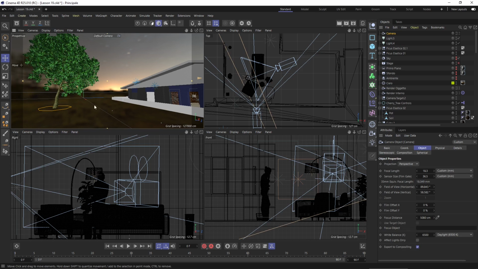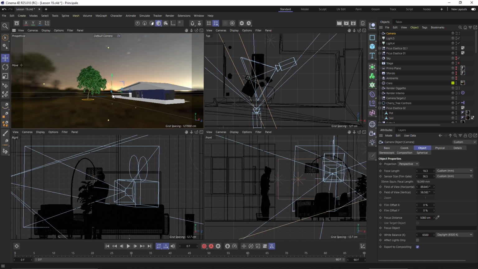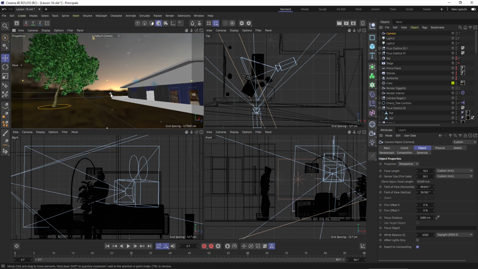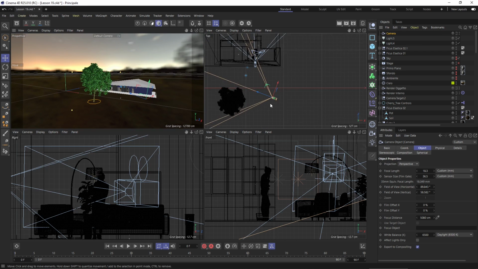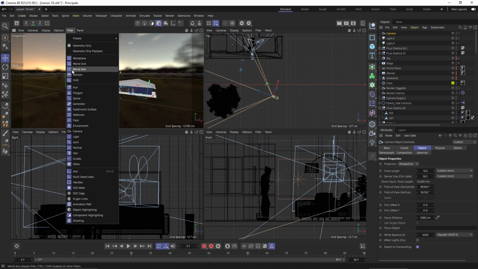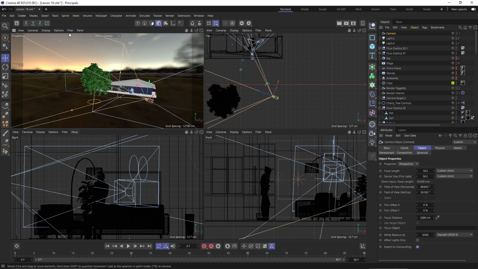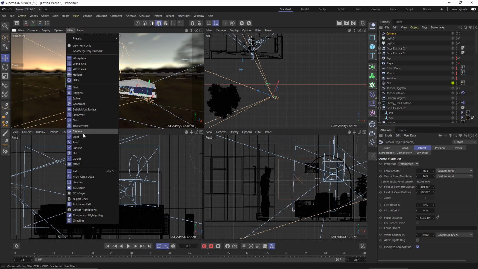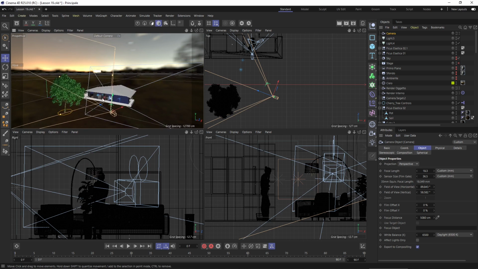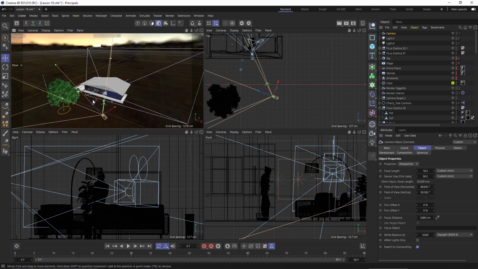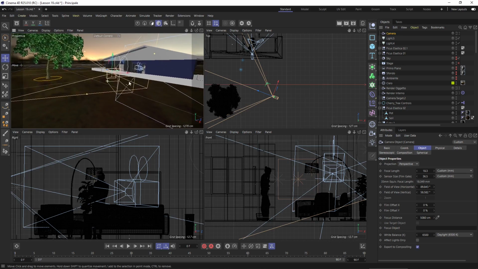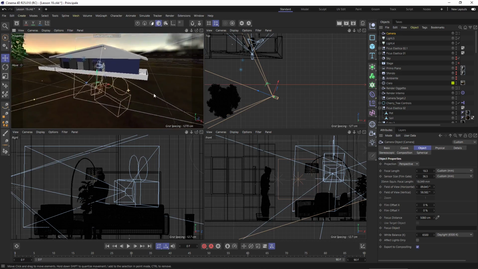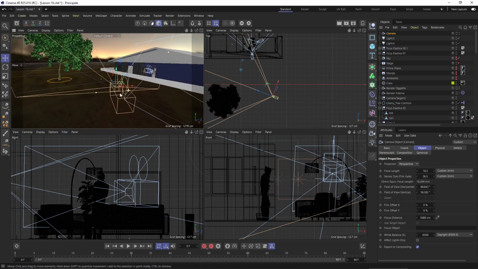Okay, now you can see that if I just move around here, I will see the camera. Well, the reason why I don't see it here, but it's visible in the top view, is because I have deactivated the cameras from the view. So to reactivate it, you go to filter and activate cameras. Now I deactivate cameras in the perspective here because they tend to interfere with my view and my work. But you can see here, this is the camera that we have just created.